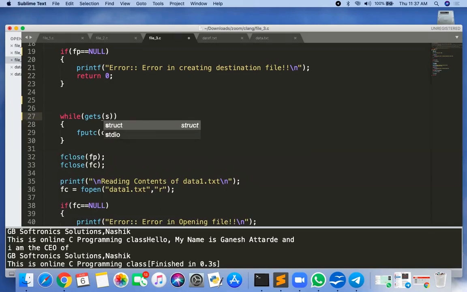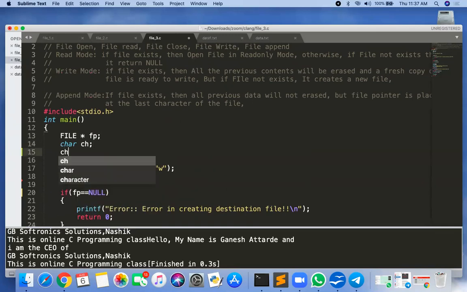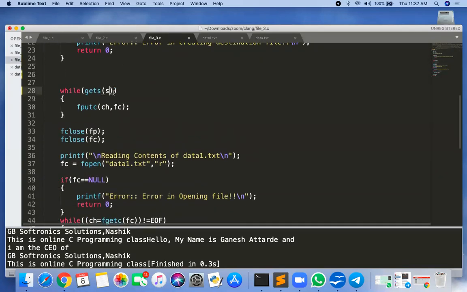So gets(s), but s should be defined as a character array, suppose of 80 characters. And I'm doing one logic here.